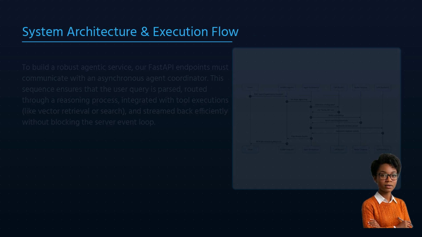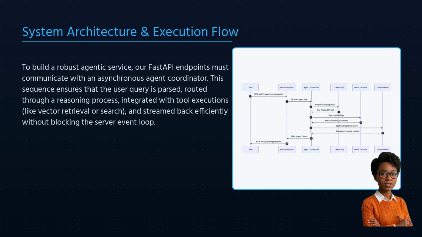Before we write our Python code, we must understand the precise sequence of events. When a client hits our FastAPI endpoint, we cannot block the thread while the LLM deliberates or makes multiple downstream tool calls. Instead, we initiate an asynchronous orchestrator. The agent evaluates the query, uses a tool to fetch context from our vector DB, evaluates if more data is needed, pulls it from an external search API if necessary, synthesizes the final context, and streams the chunked response back to